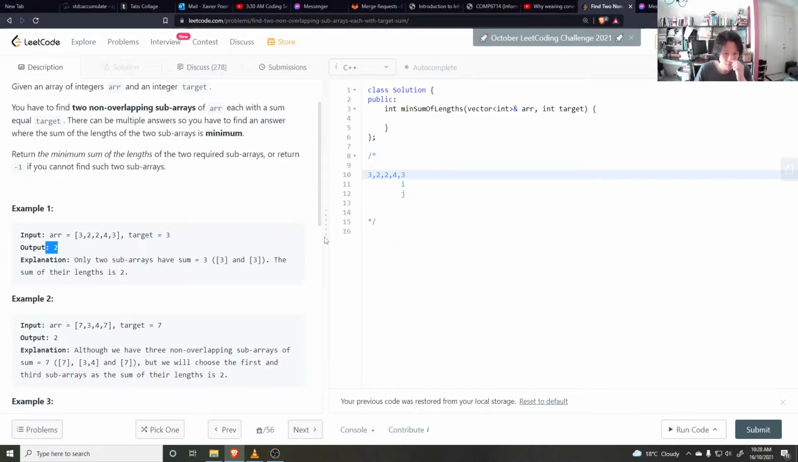Okay, but there is a problem with this approach of just trying to find two. Like, what if, say, for example, we have 1, 1, 1, 2, and then we have a 1 here. Okay, in this case,